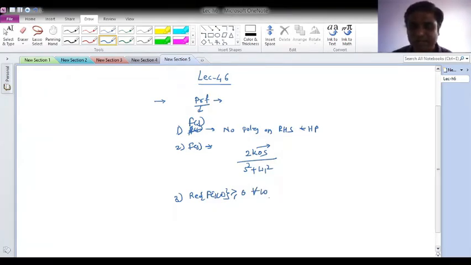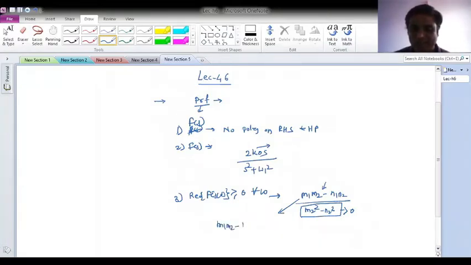This is the third testing. How can we check it? We have seen that the polynomial can be converted into even part and odd part, and then we converted it into real part and imaginary part in terms of j omega, to find the real part of f of j omega. The real part is m1 m2 minus n1 n2 divided by m2 square minus n2 square, which is the even part of the polynomial, and obviously m2 square minus n2 square will always be greater than 0. Now what remains to check is whether m1 m2 minus n1 n2 is greater than 0 or not.